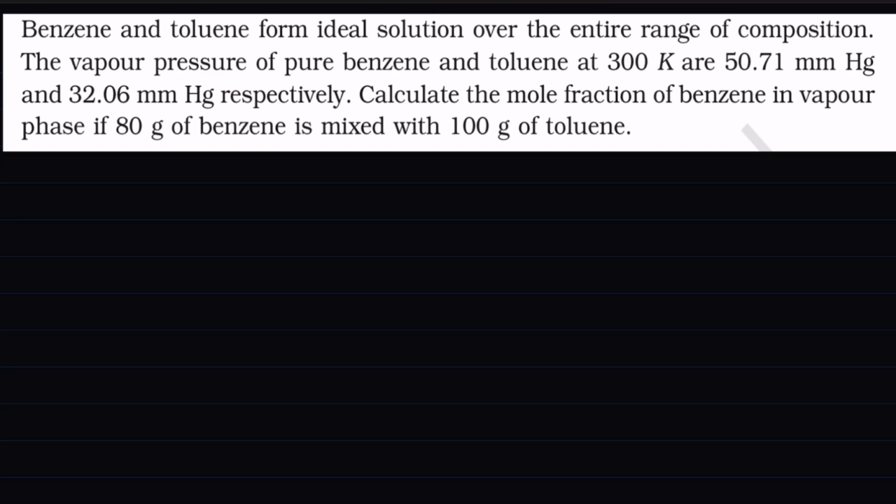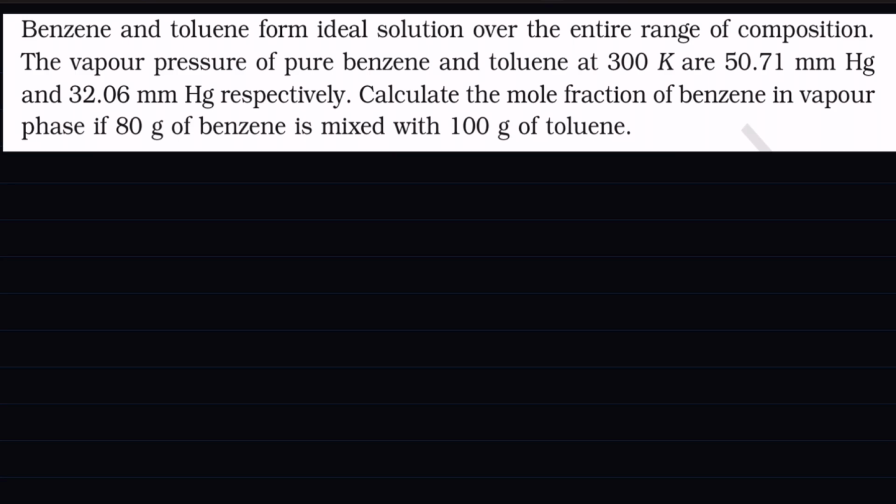In this question, benzene and toluene form an ideal solution over the entire range of composition. The vapor pressure of pure benzene and toluene at 300 Kelvin are 50.71 mm of Hg and 32.06 mm of Hg respectively. Calculate the mole fraction of benzene in vapor phase if 80 gram of benzene is mixed with 100